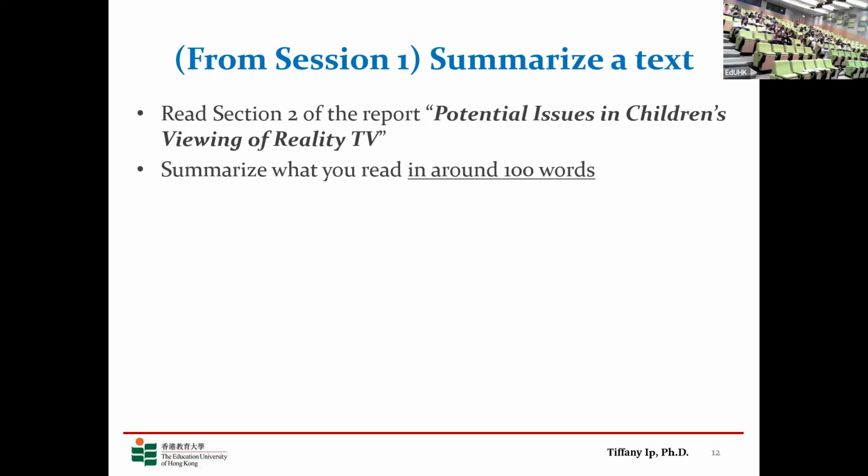Okay, so let's resume our section. And I guess most of you have at least given it a try, right? Like to have gone through the text and understand what this report is about, what the section of the report is about. And obviously, don't miss out the subheadings. Right? The 3 subheadings have given you really important information of the whole report. It's about potential issues. And then one of them is the inability to distinguish between the 2 things. And then the second one is the unlimited access.